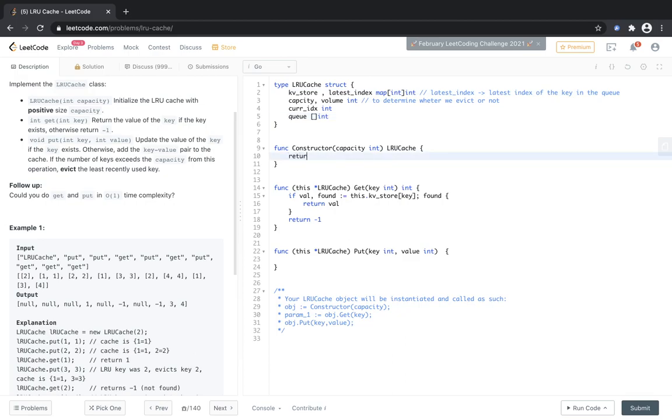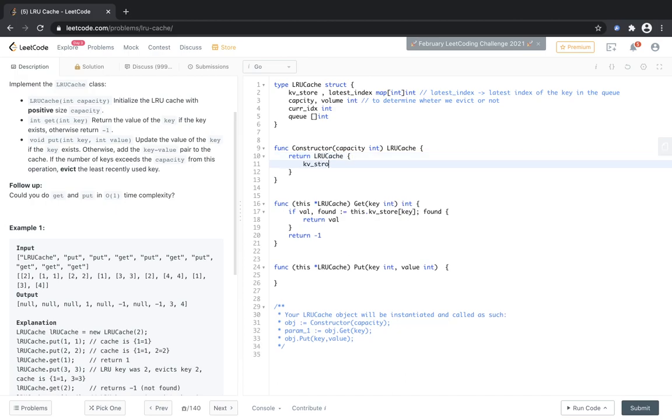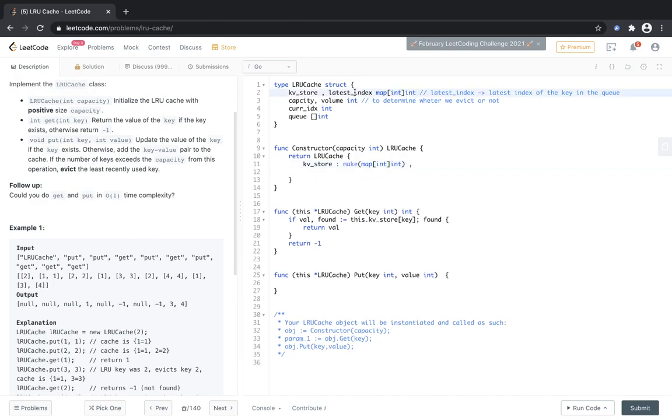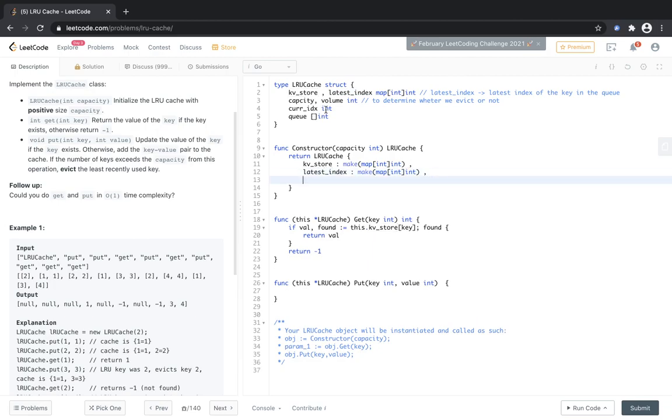So let's initialize the constructor. So return LRU cache. So KV store is going to be a map of int comma int. Then again same thing for latest index, or I can just copy it here. And current index is going to be 0, so we don't need to initialize it.